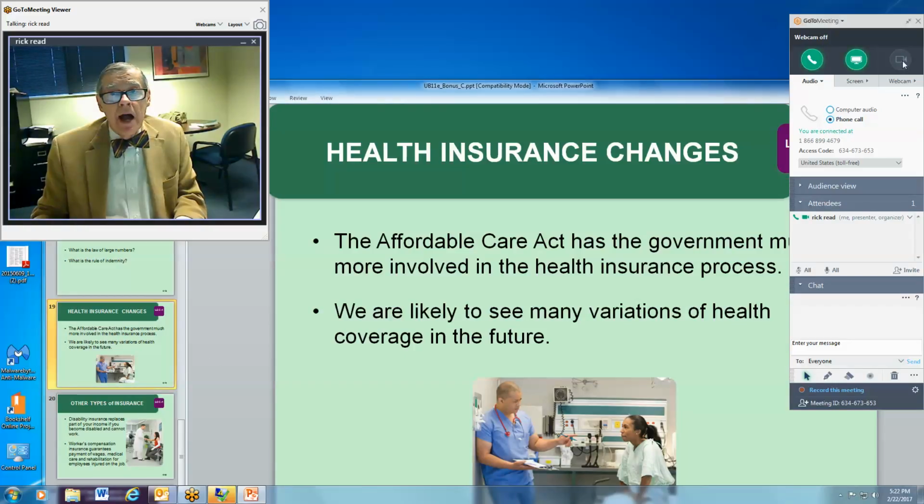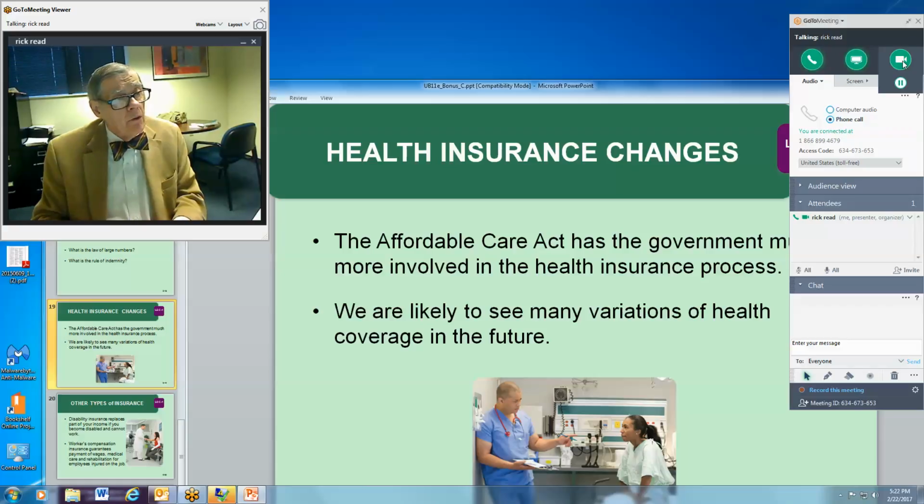Health insurance, I'm not going to go over this. And the reason I'm not going to go over this is because we can expect some changes in the Affordable Care Act. I think the problem that we're having right now is the people in charge aren't sure what they want to do. They know they want to abolish the Affordable Care Act, but they're not sure how to do that. And the problem with abolishing the Affordable Care Act is we have a great number of people who have health insurance, never had health insurance before. If you pull that rug out from underneath them, there's going to be a lot of complaint. So the Congress and the administration have to be very careful about what they're doing.